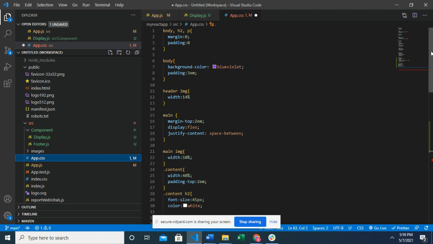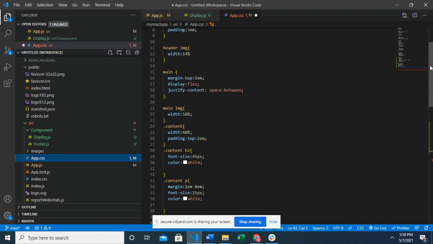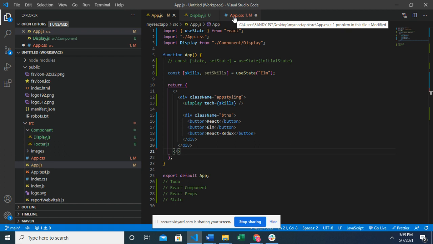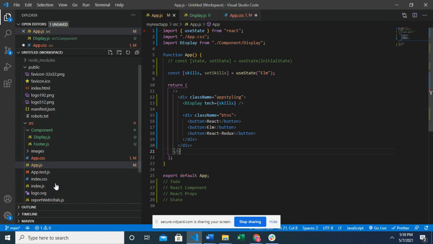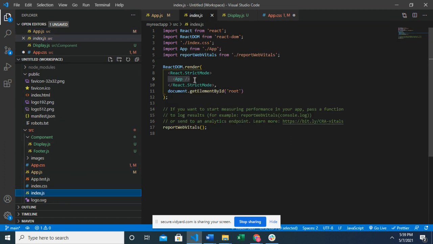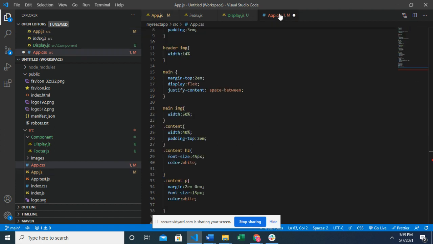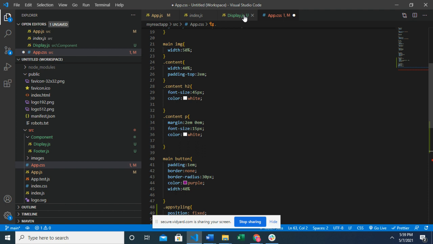Same for the header, and I will not have to use one style sheet for everything. But in this case, since the styling, what I'm doing is not much, I decided to use one style sheet, the app CSS, because everything all comes to the app CSS. So whatever I'm doing recognizes the styling, right? So, and also the app.js file is a higher file in the hierarchy. Look at this, it's what is in the index.js. So the compiler sees it first, everything in the app.js first. It reads everything in the app from the app.js file. Okay, so that's why I'm using the app CSS file. Okay, so I want to continue styling,